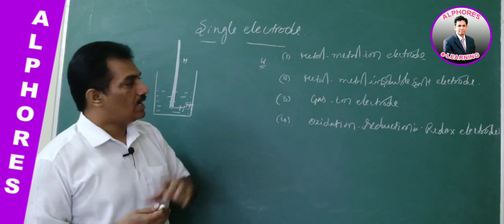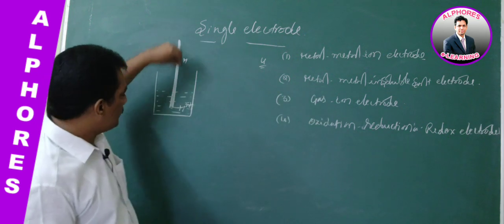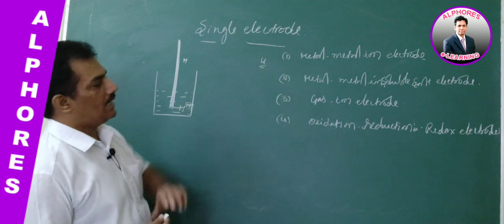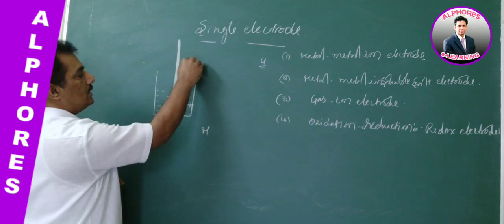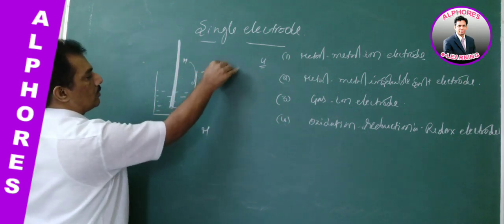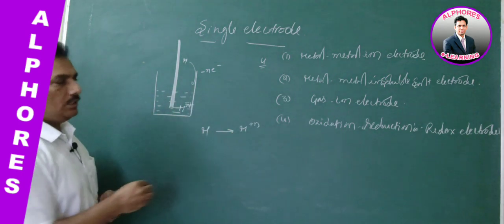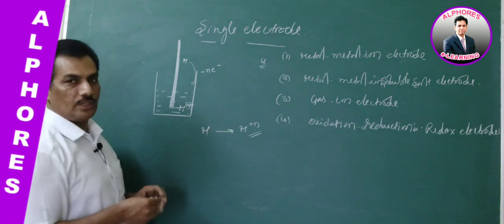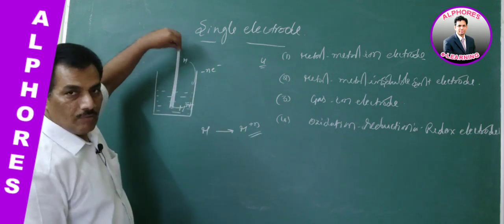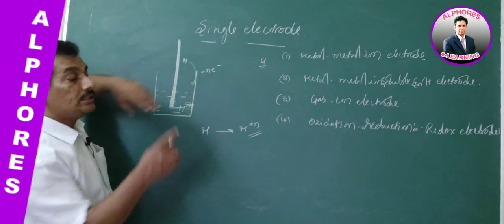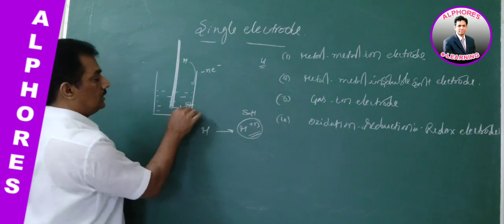What is a metal ion electrode? Let me explain one by one all these and their characteristic features with reference to this diagram. Clear? Here this is the metal M, and by releasing N electrons, it is converting into M plus N. This is the cation of the metal. Now what we are considering a metal ion electrode is this metal rod when it is immersed or dipped in its salt solution. Salt solution means in that salt solution this ion will be present, that is the cation of that metal.